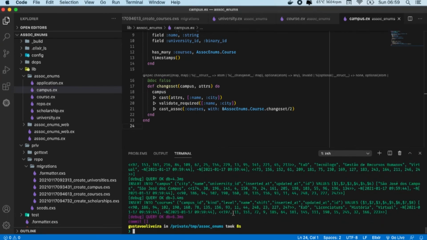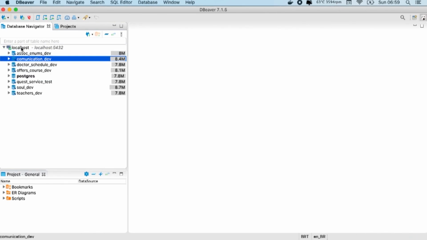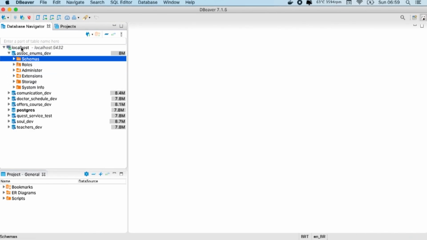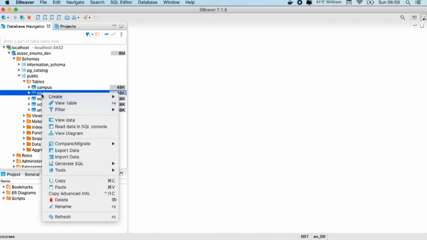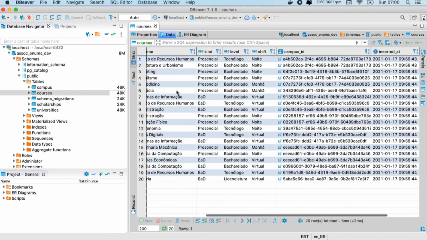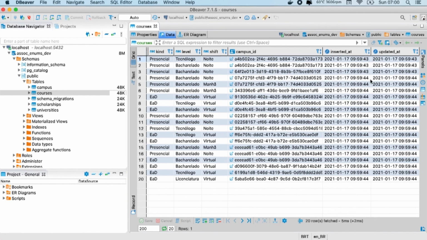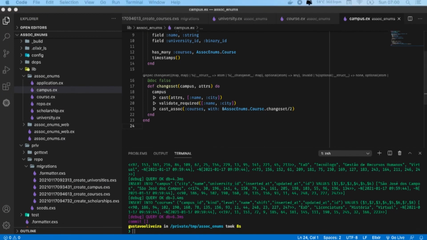So now it was executed. Now you can see that we have some inserts for courses. Let's go to associations, schemas, public, tables, and then if you go to the courses and view the data, you can see that we have 20 courses here with campus ID, inserted at, updated at. And the last thing that you're gonna do with me is to start manipulating the courses. And for courses in this case, you can just copy the has many here,